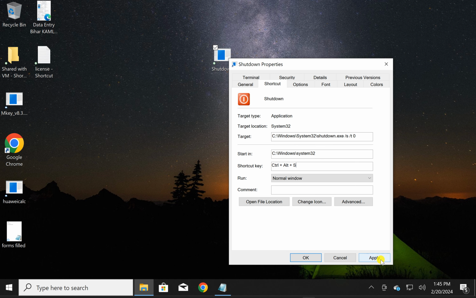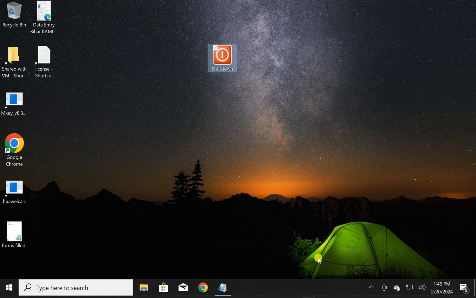After that, click on the Apply button, click on the OK button. Now you can shut down your PC through the desktop shortcut or keyboard shortcut. You can also pin it to the taskbar to shut down your PC with a single click.